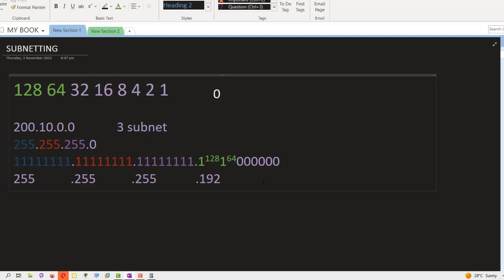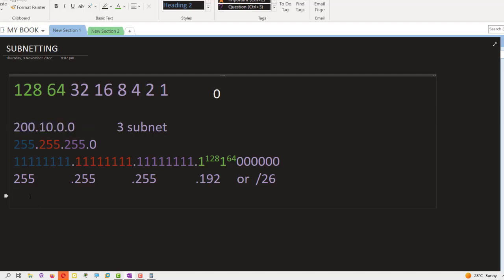Now, we can either have this or the slash, right? It's in my previous video. If you don't know about the slash, just go for it. If you count the bits that are on, you can see here I have 8 plus 8, 16, plus another 8, that's 24. Then 25, 26, so 2 bits in addition, so slash 26. So you have 255.255.255, but 192 can be written as slash 26. Okay. So our very first network, which is the mother network,